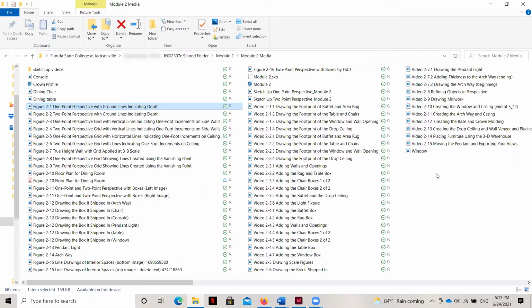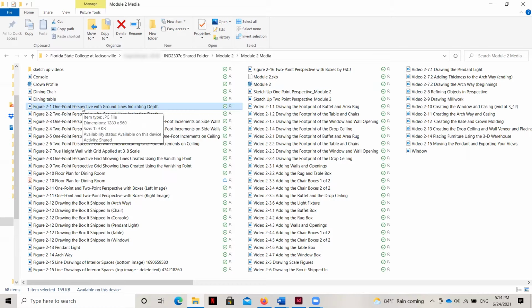Another way that you can check and see the size of images if you already have them and you aren't sure whether or not they're high enough DPI or you're not sure if they need to be rescanned, is to look at them in your file organization system. And so you can see here, I'm looking at images that have been used for Module 2. As I hover over these things, a little bit of information about the file shows up. You can see here it says the dimensions of the file, so 1280 by 960.